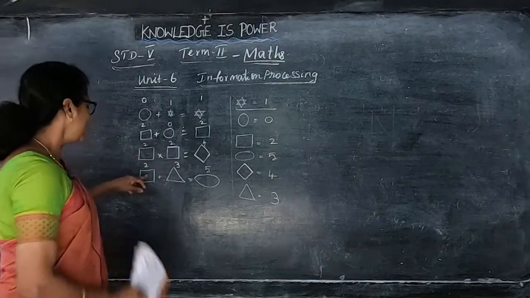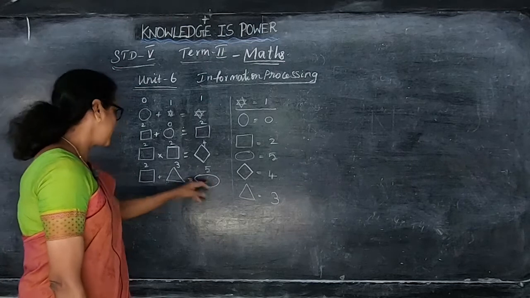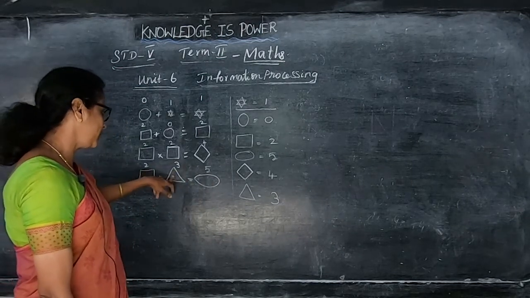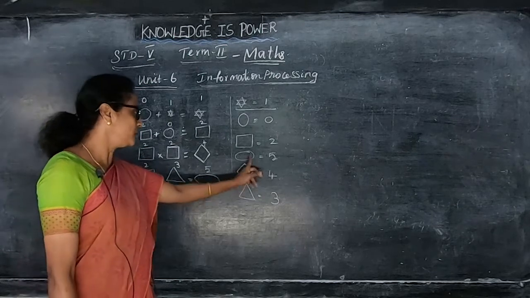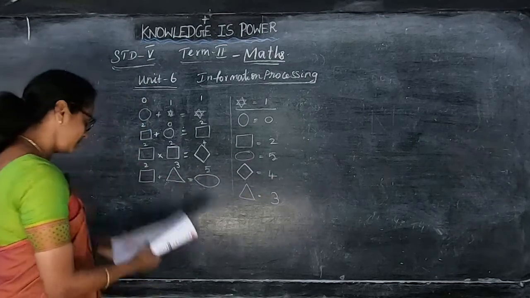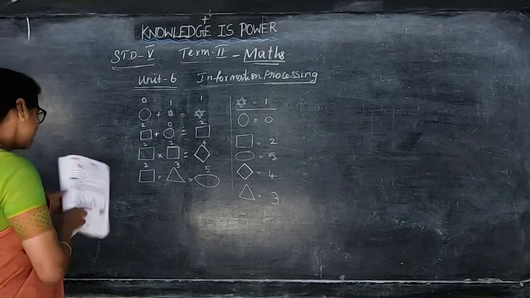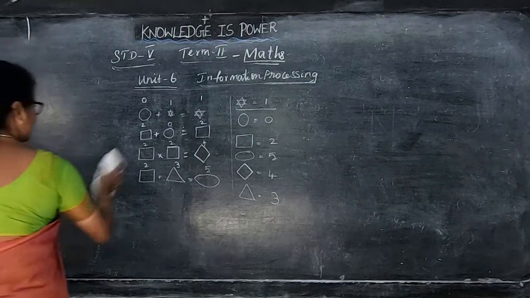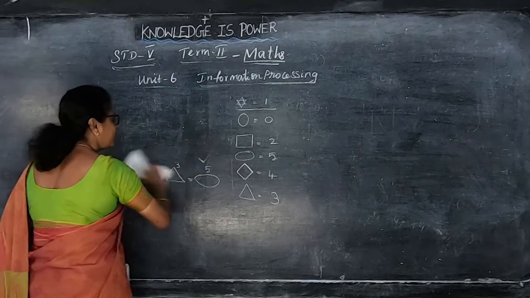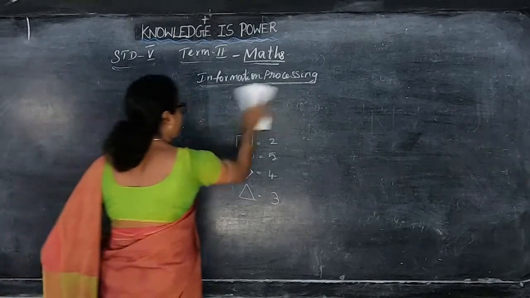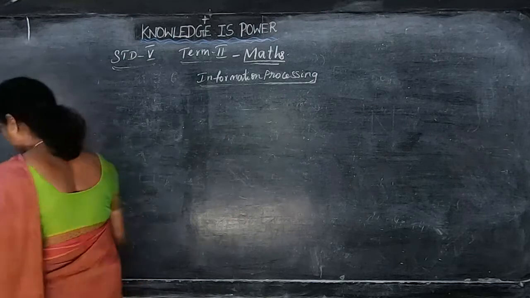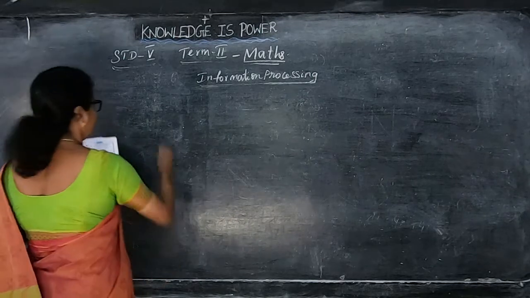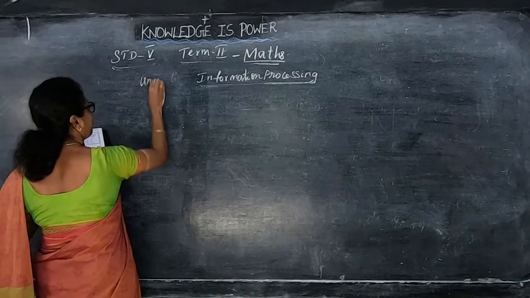And then here square plus triangle equal to oval shape. For square we have already put 2. For triangle we can put 3, that is equal to 5. So oval shape is 5 and triangle is 3. So in this way we can do this. So many sums are there. So everything is in the book. You can see the book and do everything, children. That will be easy for us to do everything. Okay. So if you have the book only, we can see this. The next one, they have given the picture like this.